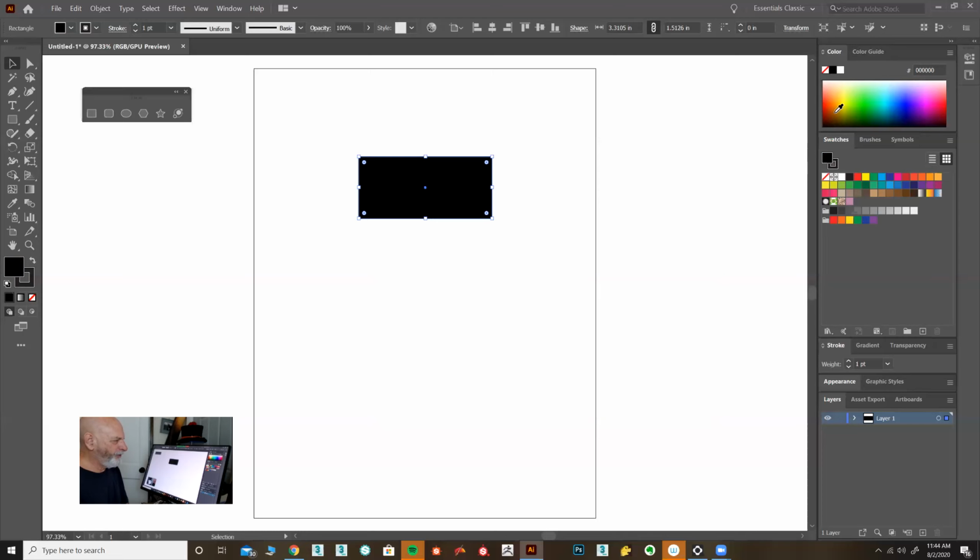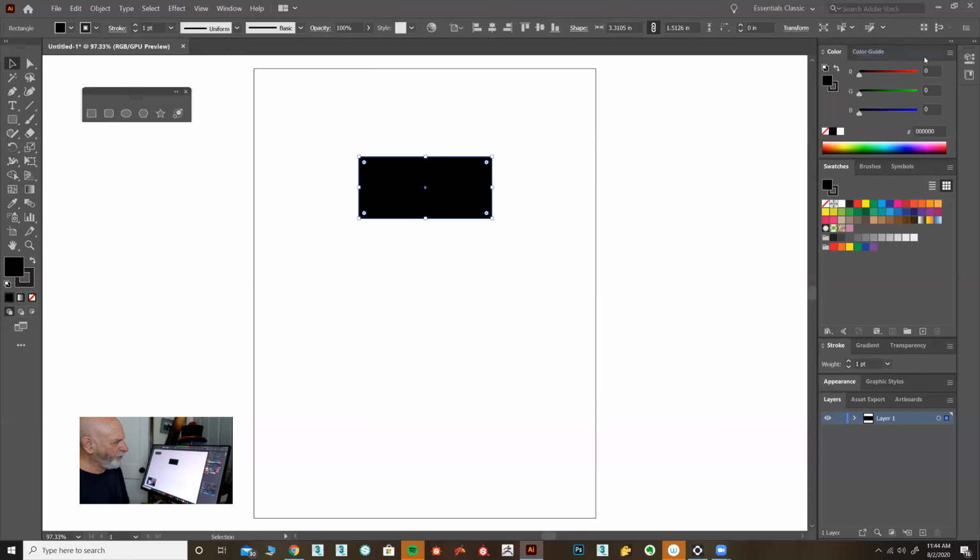This has a color ramp here, which I don't actually find super useful. It's a little bit vague. So I changed this. Every palette has a palette menu. If you look in the upper right corner, there's a little three lines there, called a hamburger menu. Each palette has one. If you click on that, we can choose show options, and it shows it in a different way. The ramp is still down there, but we have these three sliders. The default way the sliders work is RGB, red, green, and blue, which seems like it would make sense. I mean, the monitor is an RGB device, our eyes are RGB, but it's kind of hard to think in